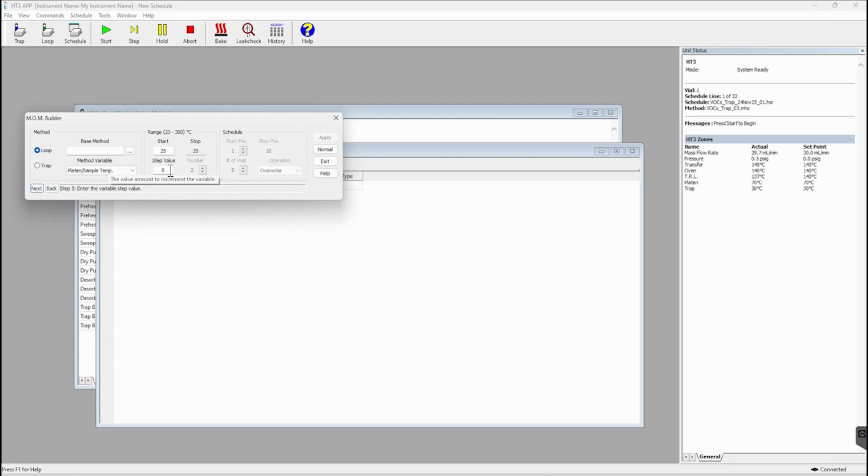It then asks you your step value. So the value amount to increment the variable. So for example, 5 degrees, 10 degrees, 50 degrees. It'll then ask you to select the number of steps to increment. So for example, if I make this 50 degrees, and this number is 2, it will run 2 levels, 25